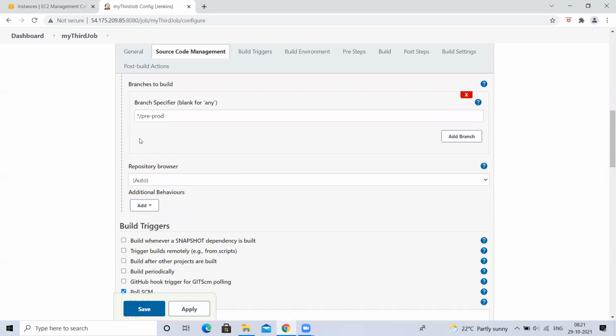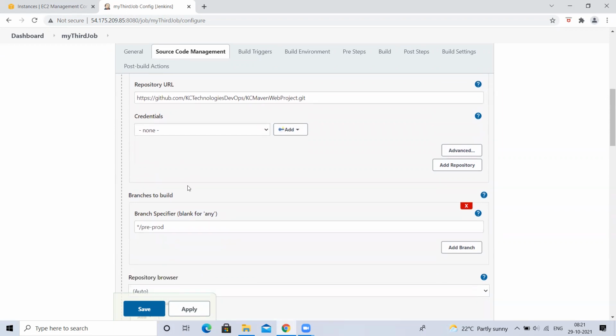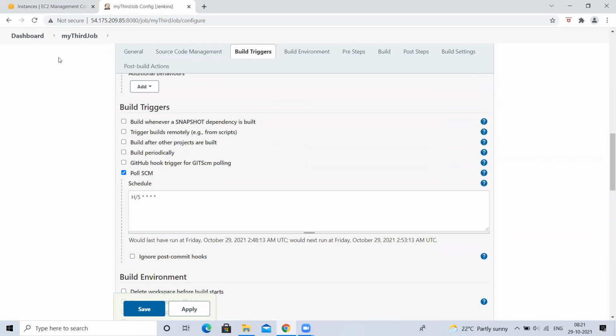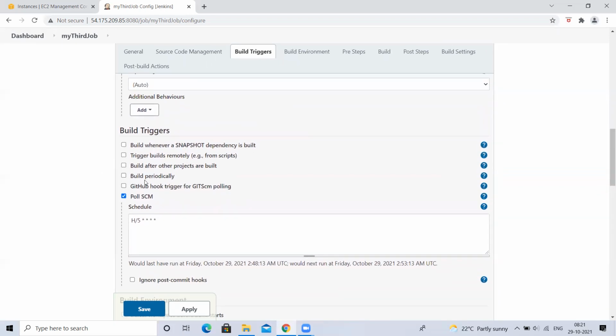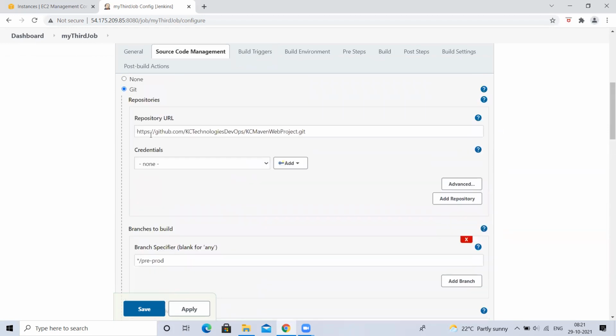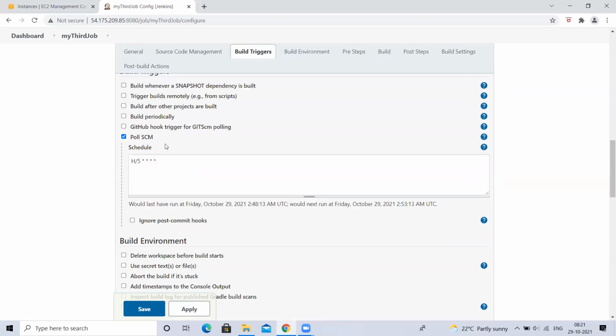Now, what I want to do is stop this job from executing for a while, like 1 day or 10 minutes. Even if someone commits a change, this job should not execute. What I can do is remove Poll SCM, but there is a chance that someone can click the build now option and trigger it manually, but I don't want that. If I want to disable the project, it means I don't want to allow my job to execute either manually or with build triggers.